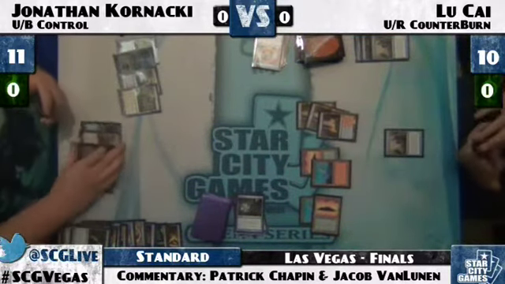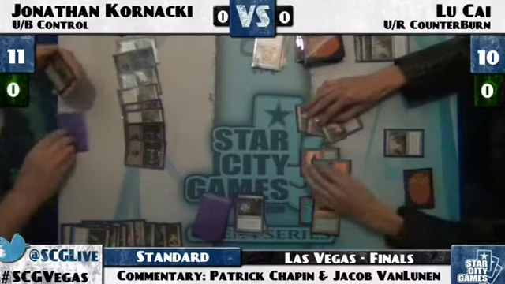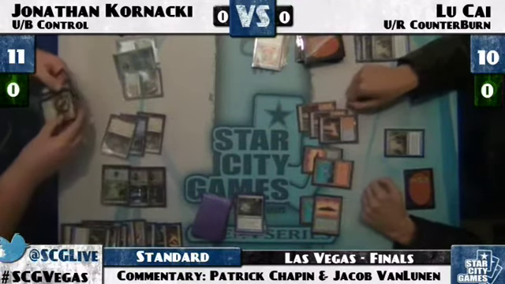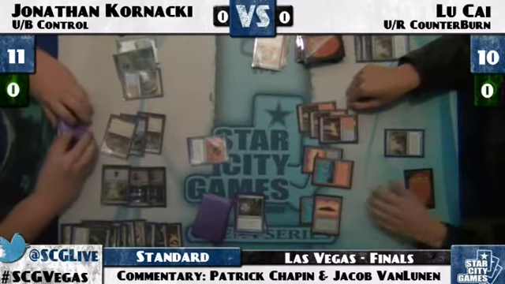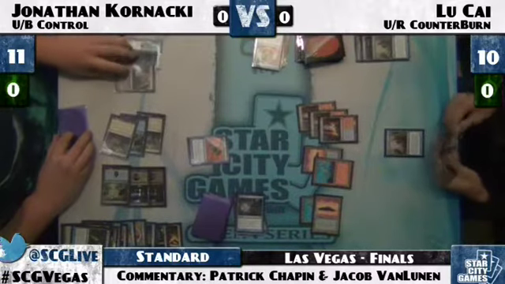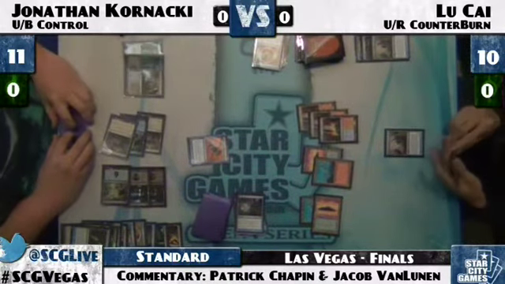Alright, well, Kai follows up with Delver of Secrets, which is just about the best possible thing he can be doing here. But he's not going to be able to beat Kornacki's hand. Yeah, Sphinx with Mana Leak. He's even got a Karn in reserve. Yeah, he's just playing around Mana Leak wisely. Because when you have 9 lands...